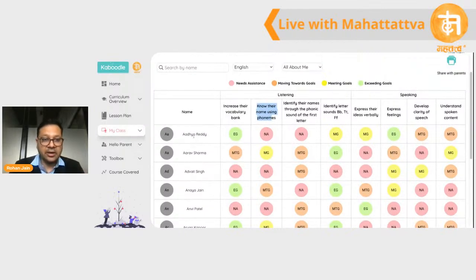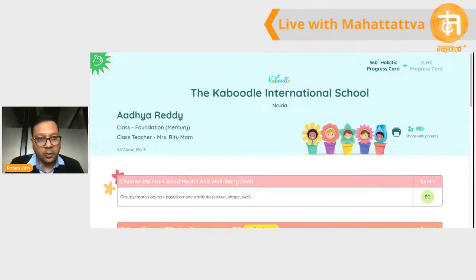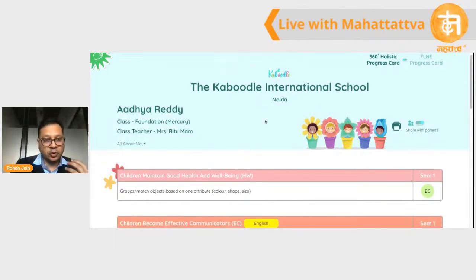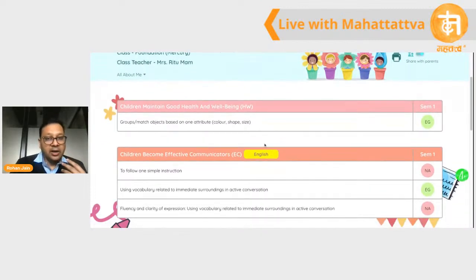it appears here. And if we click on a single student's name, this is where the magic happens. This is how the 360-degree holistic progress card gets generated with that click only. So the school's name and logo appear with the individual student's name, as I clicked Adya Reddy. By that observation,